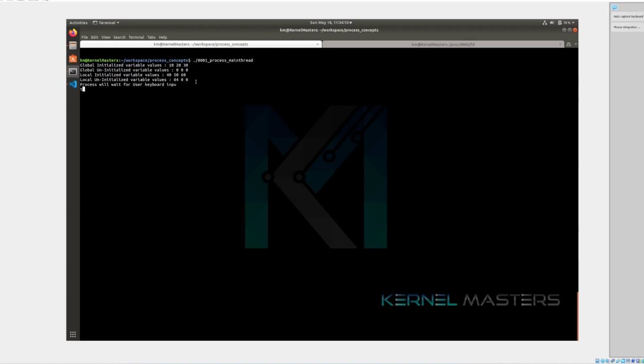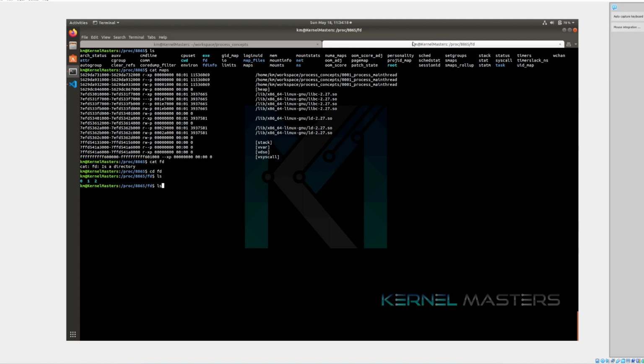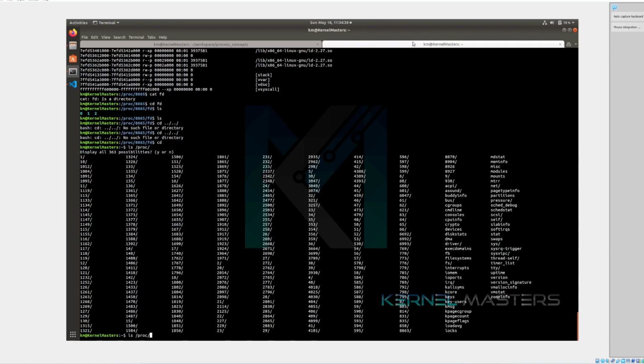Okay, so what happens is when I enter the key, the process will be terminated. So when you try to look again with ls, nothing comes, because the process will be deleted, so there is no PID for it. If you do ls proc, yes, you see 8865. Did you notice anything? 8865 is no longer there, because once the process is terminated, this process control block also will get terminated. Okay,